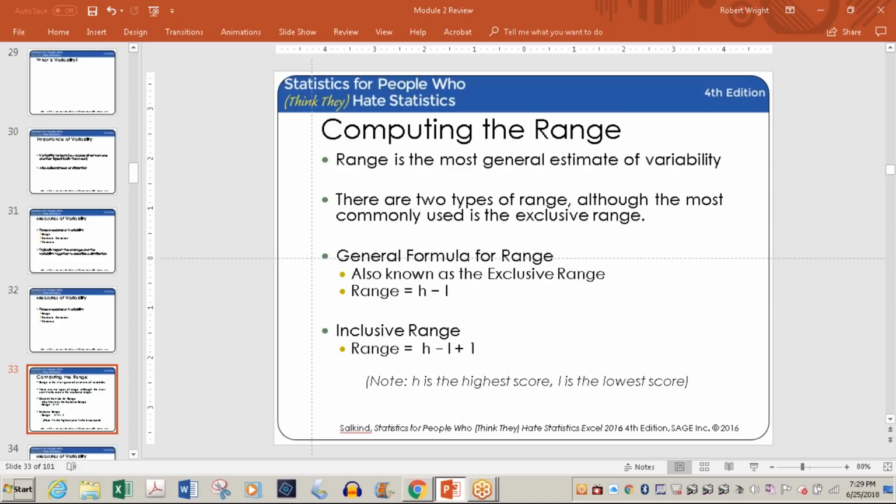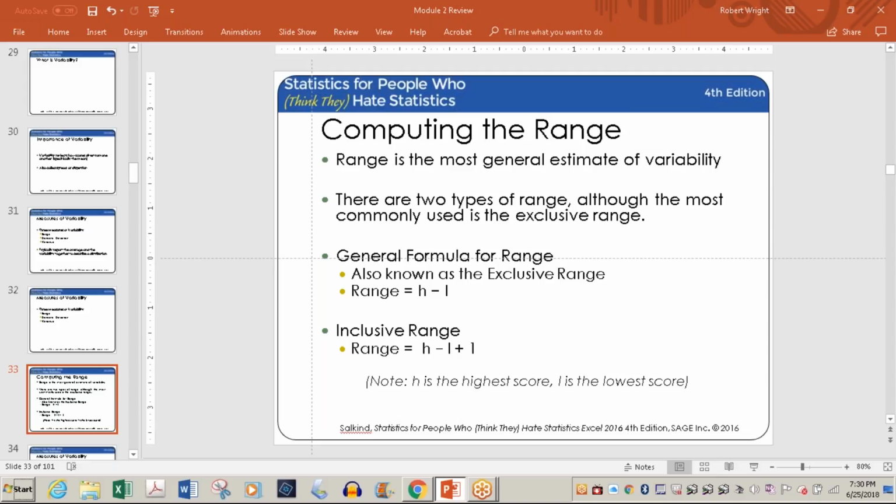Now they have something in the book they refer to as the inclusive range, and that's basically the high score minus the lowest score plus 1, which in my example would be 97 minus 51, in which case your range is 46. I can't remember any time I've seen an inclusive range, but sometimes statisticians would rather err on the side of caution, and they'd rather be more inclusive of something than less, so they'll limit factors or maybe change factors to allow for something that might be a little bit more precise. That's the best way I can describe it.